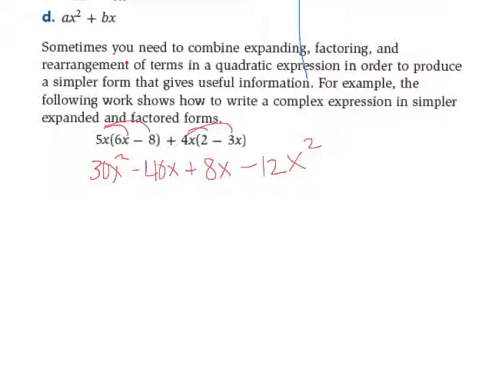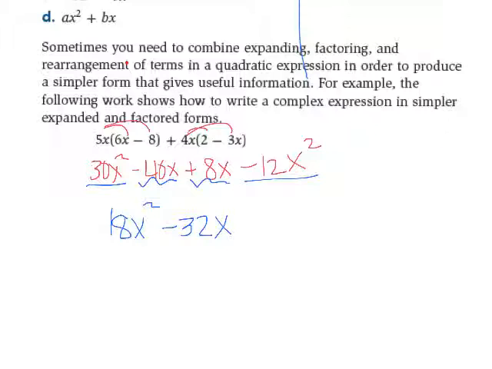Now I can combine the like terms. 30x squared minus 12x squared would leave you with remaining 18x squared. And then negative 40x and positive 8x would leave you with negative 32x. This is the most simplified version, and I can finish the problem by then doing the factored form, or the